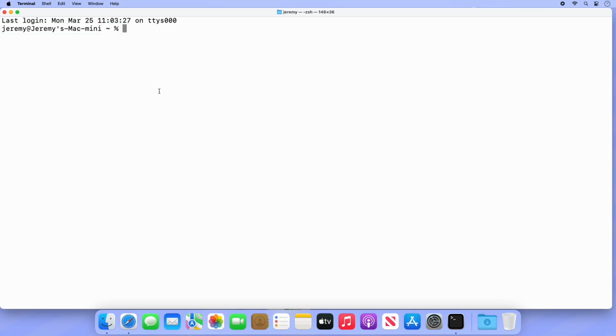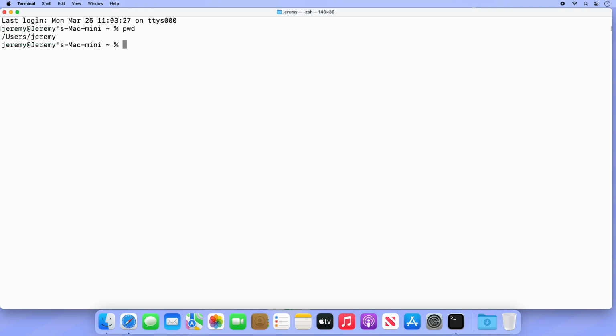Commands themselves are small binary files located on your Mac that we can invoke by typing the name of the file in the command line. For example, I'm starting with pwd followed by the return key. The command runs and the results are shown in their own line, after which Terminal returns us to a fresh command line prompt for a new command. The pwd command, or print working directory, returns where we are currently working from. Similar to how we navigate the different folders on a Mac using Finder, each terminal session works from a specific directory. By default, this is the current logged in user's home folder, represented by the tilde in the command line.